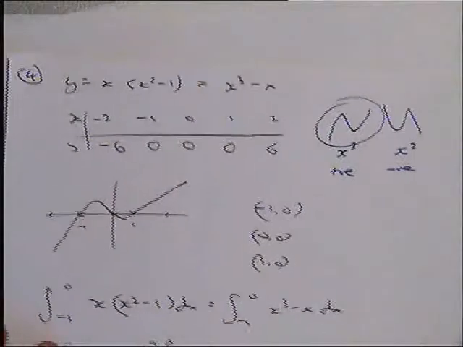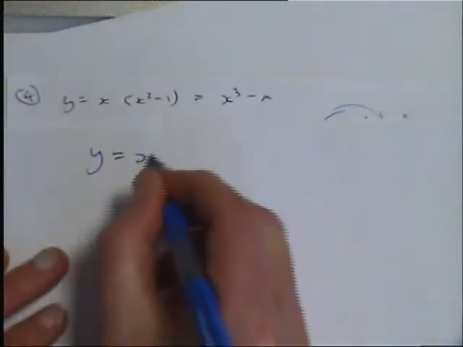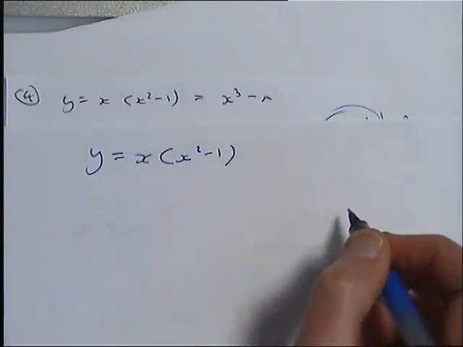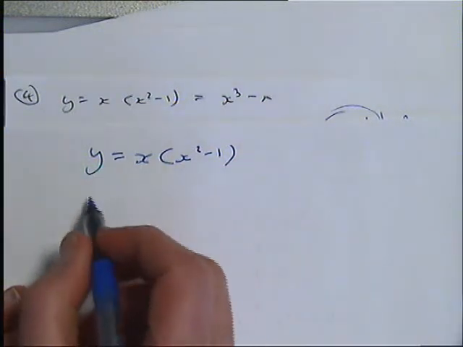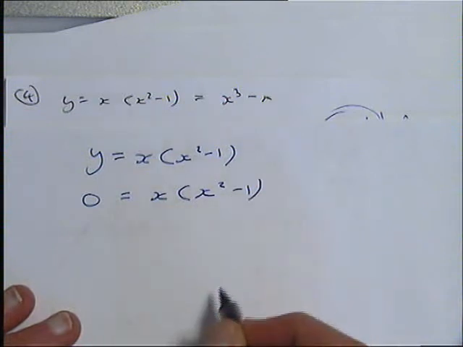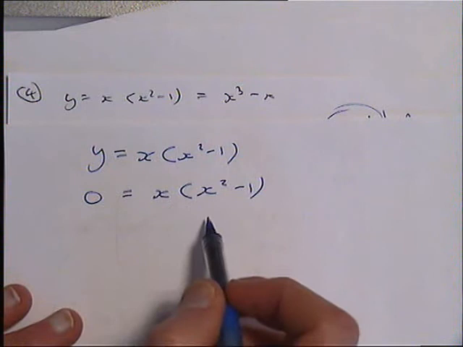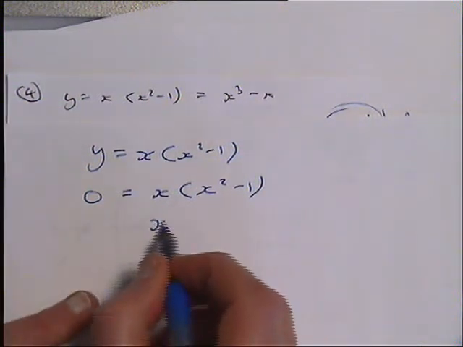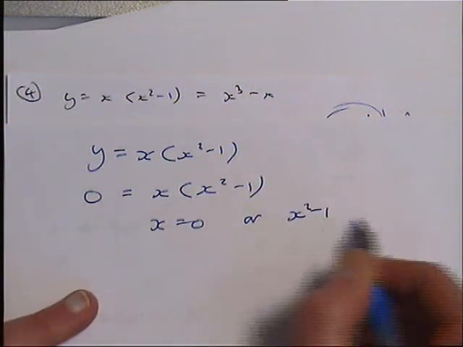If the equation was given to us in bracket form, we've got to find out first of all where it crosses the x-axis. It crosses the x-axis when y is equal to 0. So just like solving a quadratic equation, if you put that equal to 0, then if you have two things multiplied together which equal 0, either the first one has to equal 0 or the second thing you're multiplying